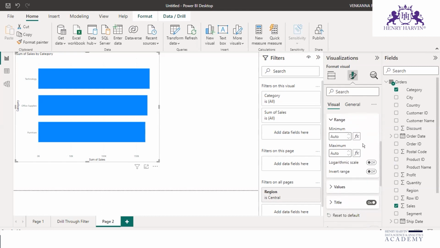So here range, minimum, maximum. So this range is for the scale here. Are you able to see the scale here? 0 to 150. So these are all auto-generated. If you want to customize, you can customize. If you want to start at say 100, you don't want to start at 0, then you can mention it minimum, and maximum if you want to make it up to 1000, we can make it. Say here